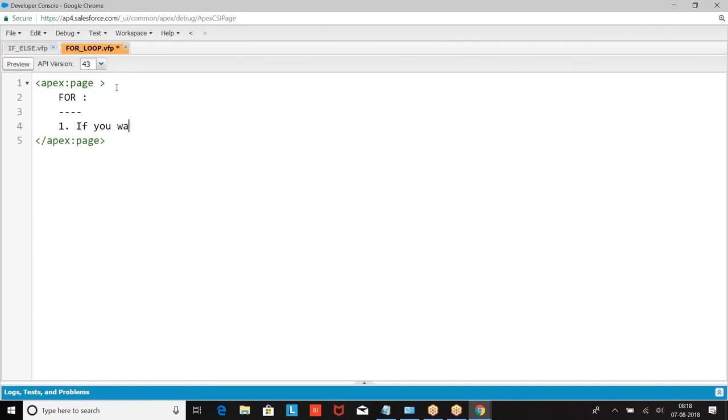If you want any action, any set of statements to be executed recursively, then we use a loop.